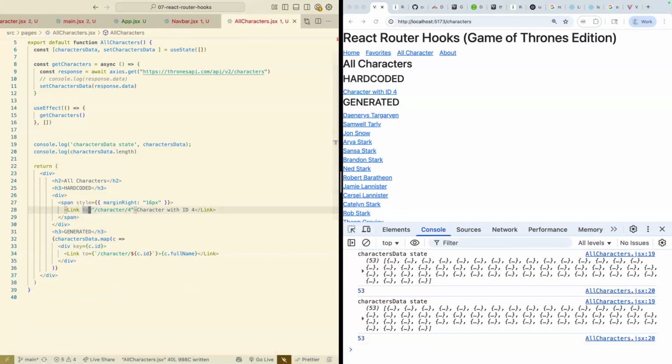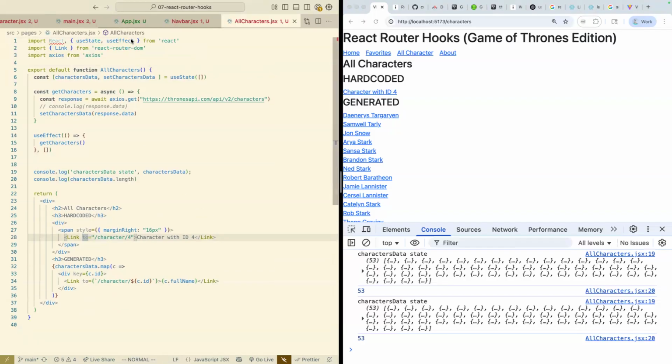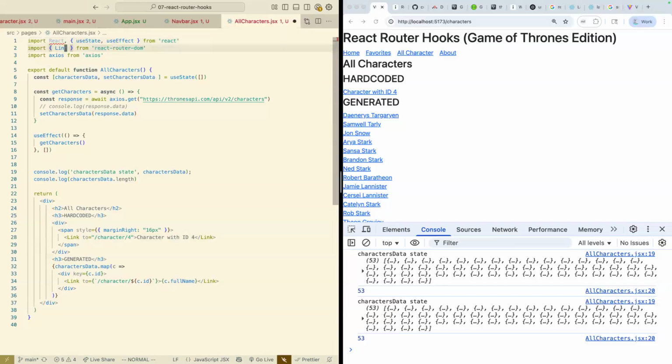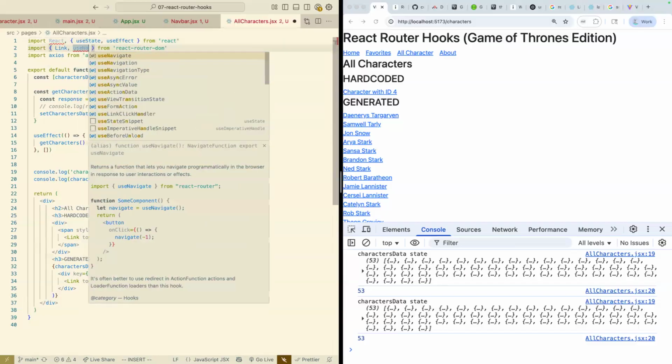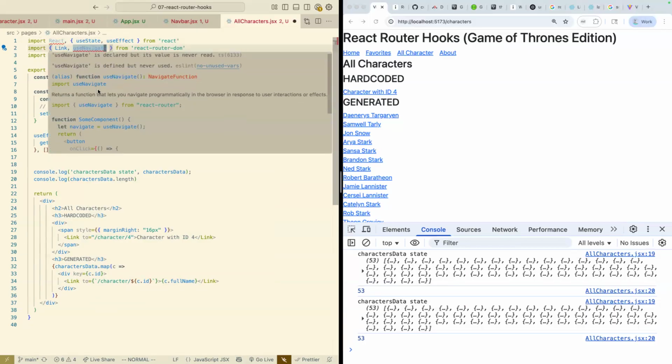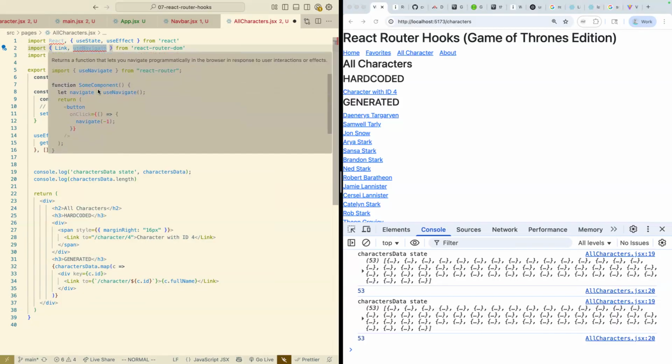And let me show you how to use the useNavigate hook and talk a little bit about why. So I'm going to import it from React Router DOM. And useNavigate is pretty straightforward. As it says here, it returns a function that lets you navigate programmatically in the browser in response to